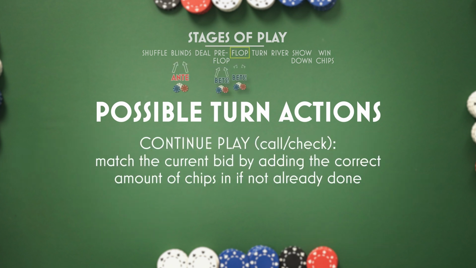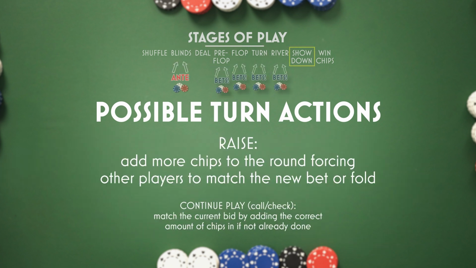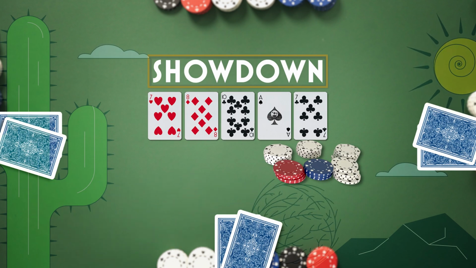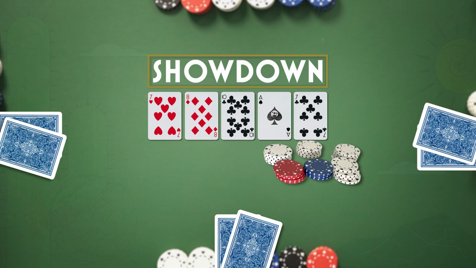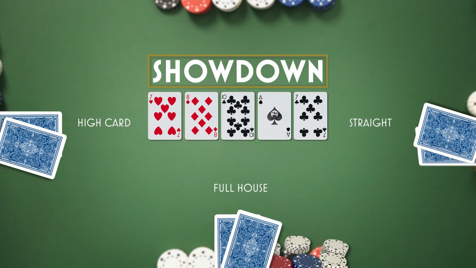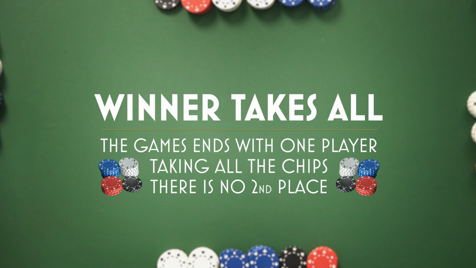If a bet is raised, all players must either match the raise, up the raise, or fold their cards, losing all previous bets. After the river and its final round of betting, any remaining players showdown and reveal their hole cards. The player with the best hand wins all the bets. Hold'em is winner takes all, meaning all of the money will go to one and only one winner at the